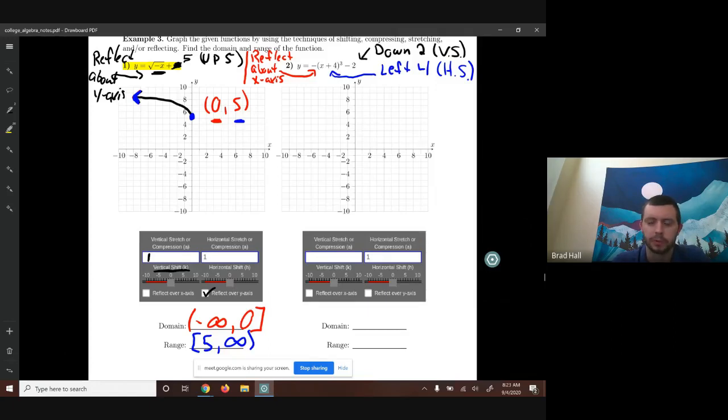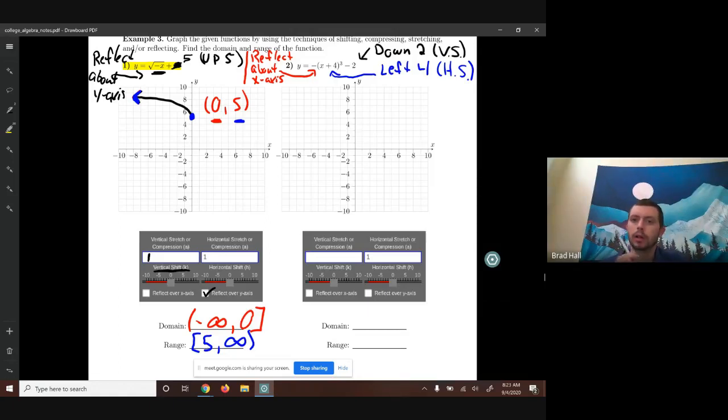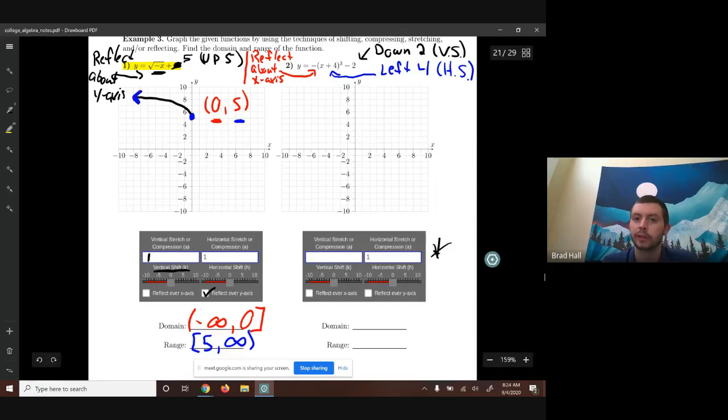So I'm trying to remember. I think, all right, so there's a rule of thumb here, and I already had a question about it. Depending on the order in which you put all of these into that table down here, you might get a different answer. The reason is that you don't want to reflect too quickly. If the first thing you do in this problem is check off reflect over the x-axis, well, the graph will reflect and it might not